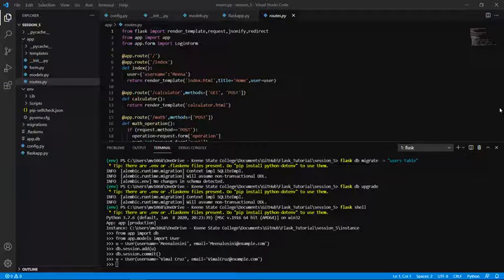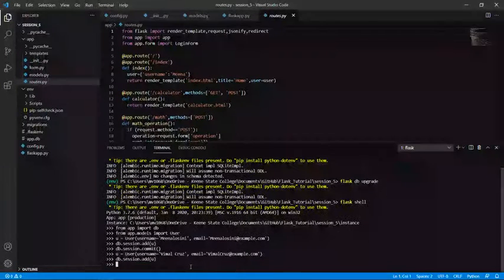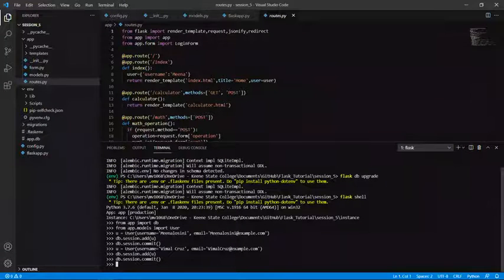Now let's add this into the table by using the command db.session.add. And then we have to commit this change. For that we have to use the command db.session.commit. Okay. Now we have added all the rows in our table.